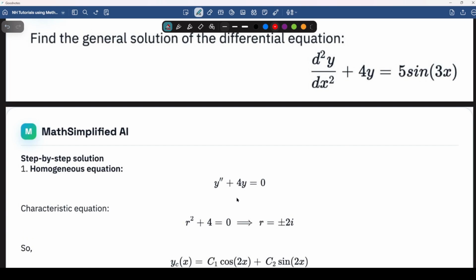determine the characteristic equation, which in this case, from the original, is y double prime plus 4y. So there is no y single prime in this case because there is no first derivative in the equation, so we must be careful. Similarly, the characteristic quadratic equation is only r squared plus 4. So there is no 2r or 1r and so on like that. So directly r squared plus 4.